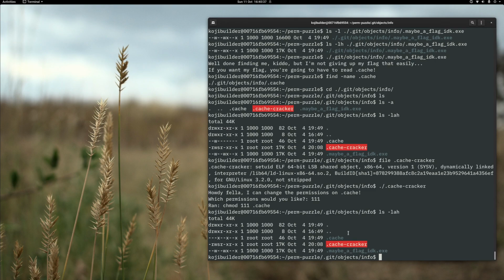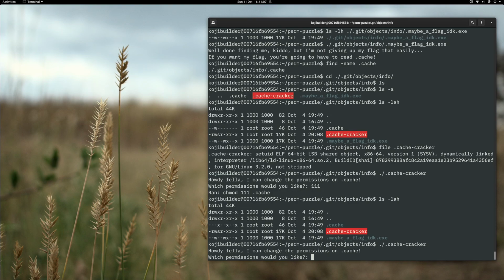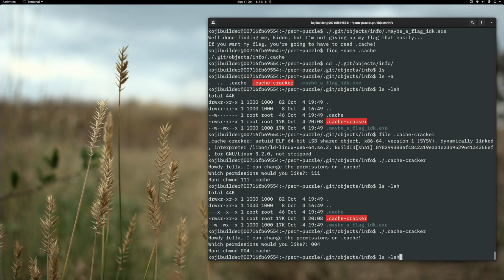Now, the last thing to do here is to think about, well, what permissions actually let us read .cache, and ultimately that just means we need a read bit set. And we'll need the read bit set for the anyone group, since we are not the owner or the group, because we're not root. So in that case, we're going to set this last octet so that we have a read bit set, which is this 4th bit here, so that's just a 4. So we can do anything 4 or greater. In our case, let's just do cache cracker. We'll give ourselves the minimum possible permission, so everybody else can do nothing at all, and we can just read the file. So if we go ahead and run that, and then we run our ls, we can see, aha,